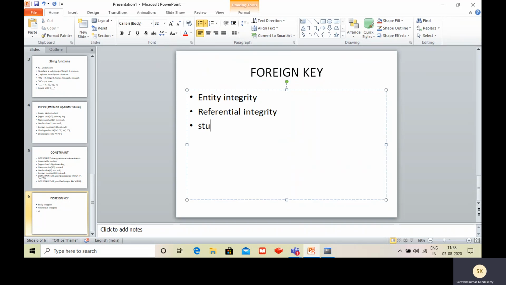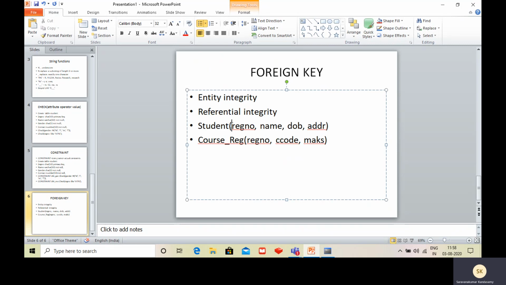Suppose I have a student table with register number, name, DOB, address, and so on, all these stuff. And there is another table called course registration. What I store here is register number and course code, and maybe something like marks. Okay, let us include something.